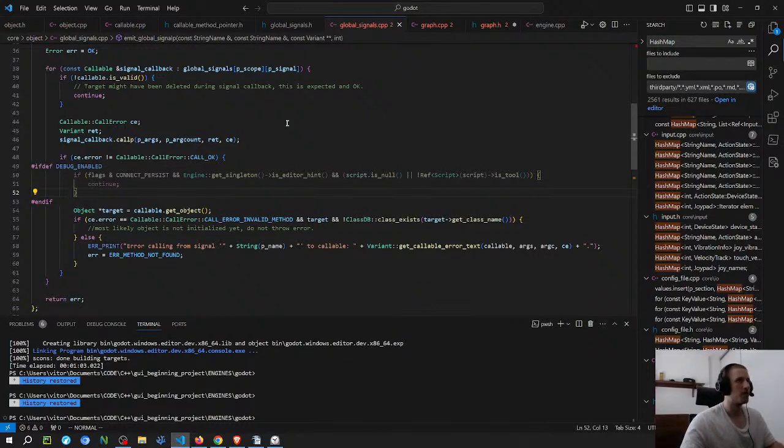Let's say we have an application with a bunch of different events in a bunch of different places. It becomes kind of hard to remember, or for the person that is trying to understand the application, not the person that builds it, what kind of arguments the signal is going to emit and what function receives them, and to make sure the types are the same, and the type resolution.